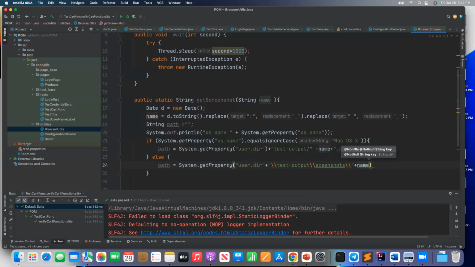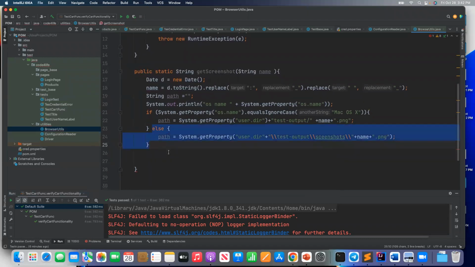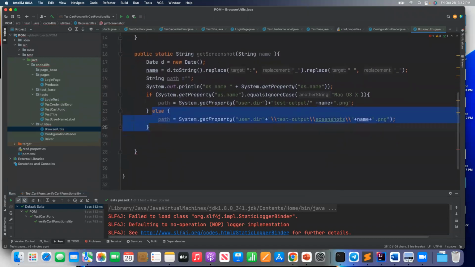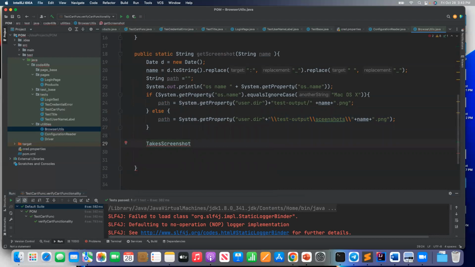So what was the name? You had the name, and also you're going to have the PNG extension. So that's for the Mac, and that's for other operating systems, the else part. Now what we need to do is use the TakesScreenshot interface, and then you can say TakesScreenshot equal to